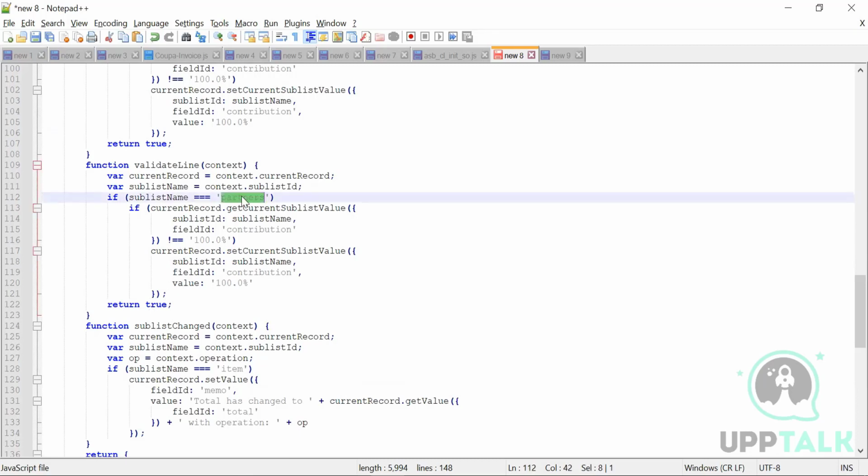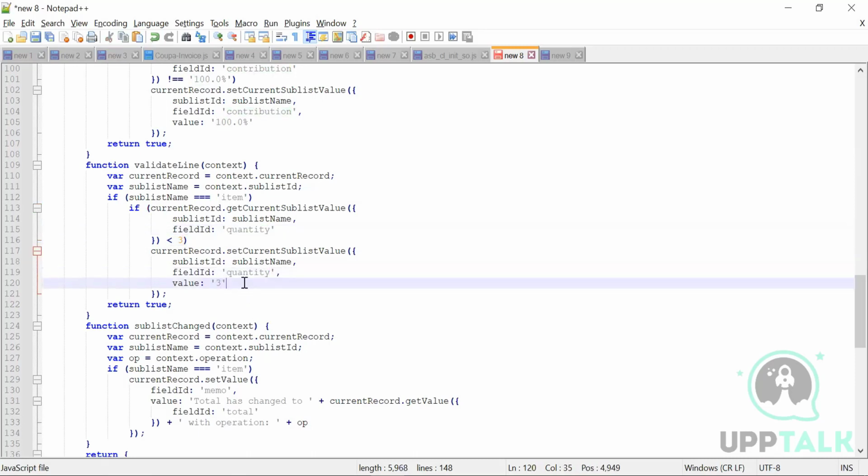Our requirement is that on item sublist, if quantity is less than 3, then you set quantity as